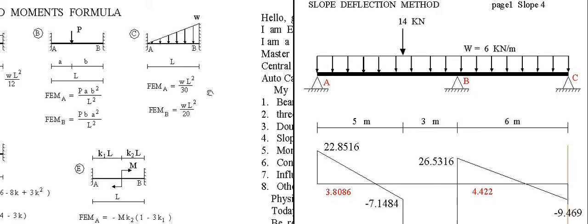This can easily be remembered also: whenever we have a big denominator, the value as a whole is small. This is smaller than this one. The denominator here is small compared to this. Actually, the value of this is bigger than this because the denominator is small. So bigger moment at B, then smaller moment at A.